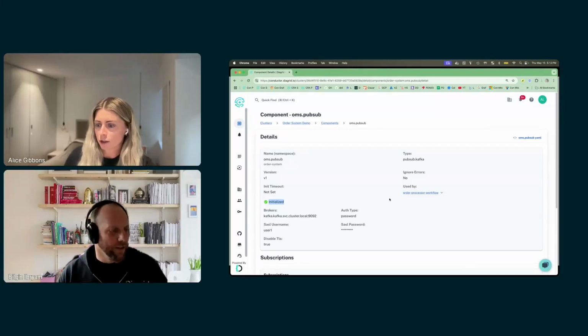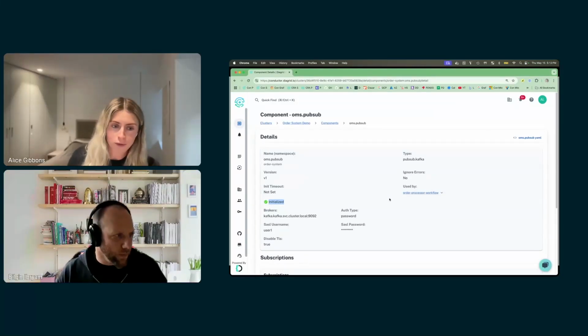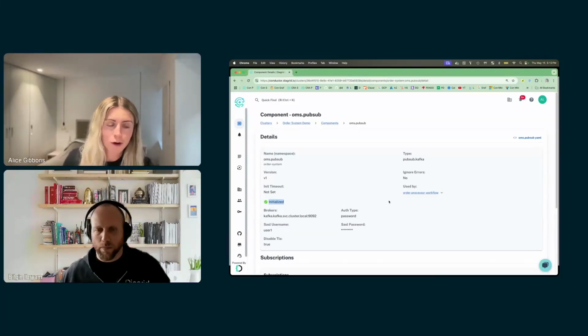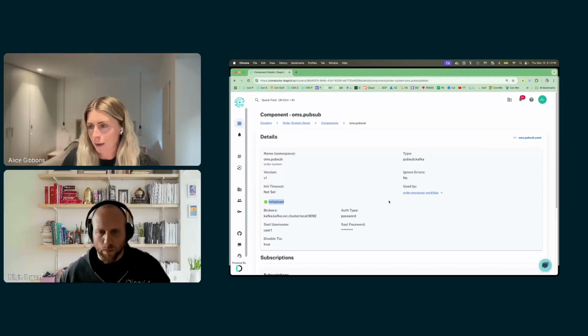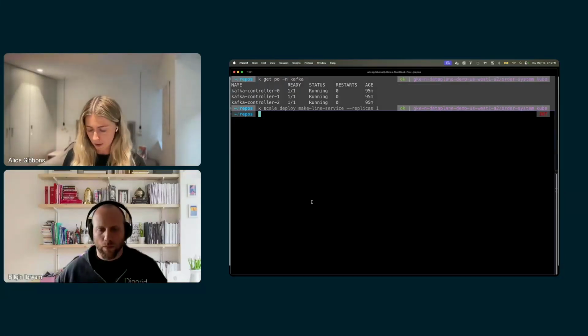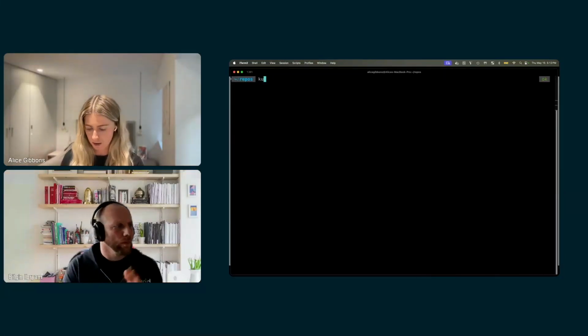So, you can see the fact that this is checked, and you can see that my app is currently able to connect to this based on a check that we are running from the conductor side. And based on that, I'm going to just scale this down